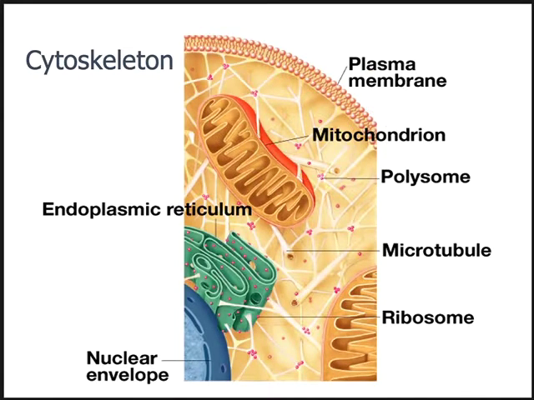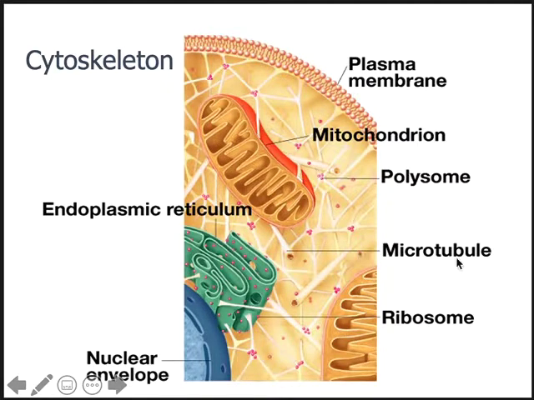Okay, so cytoskeleton, right, that I was just talking about, is this mesh or scaffolding that you see here. All these, they actually in this image kind of look like bones, right? So that kind of helps you to realize that that's the cytoskeleton. And then you can see that there are all sorts of substances kind of trapped within this matrix, right? So we have the mitochondria, and see how it's kind of caught in this web, the cytoskeleton. Same thing with the endoplasmic reticulum. We have little proteins and polysomes,